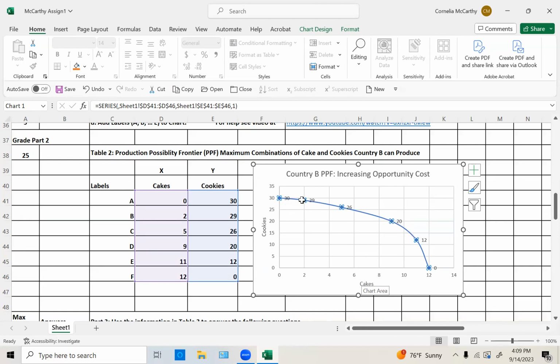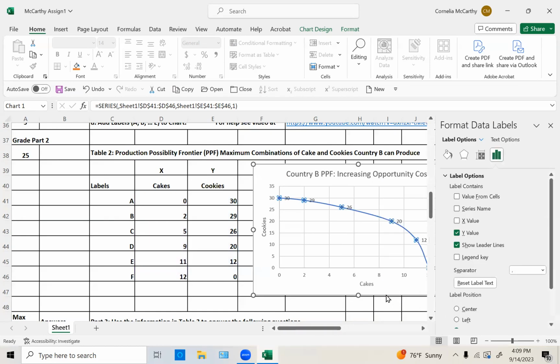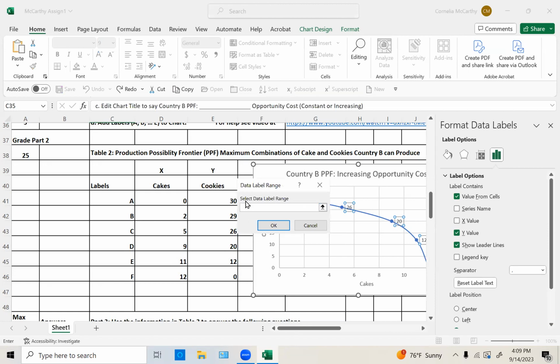and it's going to put the numbers, and these numbers are the y-axis values. Again, if you highlight one of those and right click, it's going to allow you to format the data labels. We'll click on that, and this menu appears. We're going to say values from cells. This is going to be a space. You could just type C41 colon